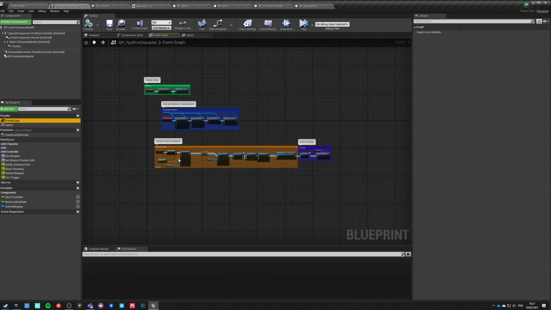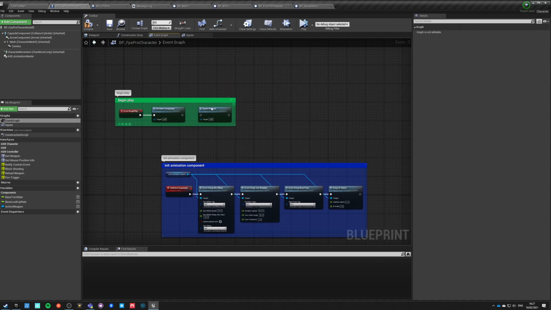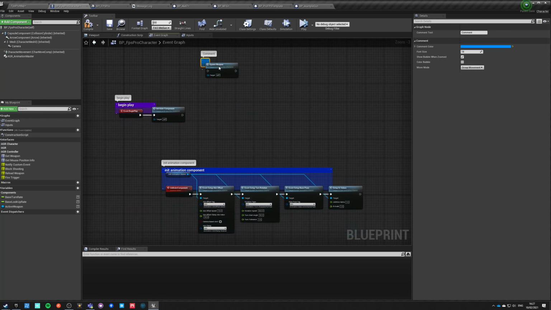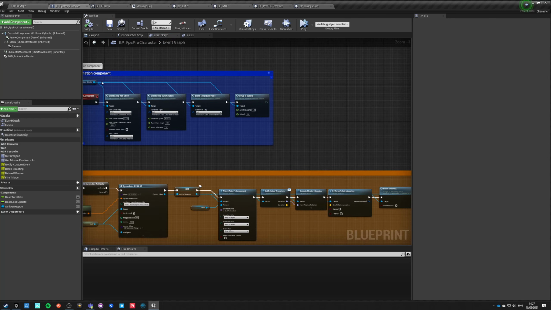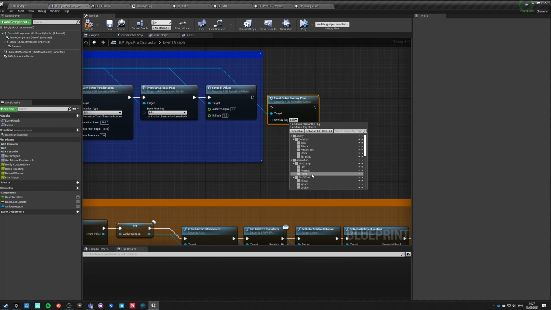So once we go into our event graph, we got the spawn weapon event, which is disconnected. Move it away, it's not part of our gameplay anymore. Test weapon spawn. So we are not setting overlay, so the overlay is, I guess, none. Set up overlay pose, and overlay will be none.